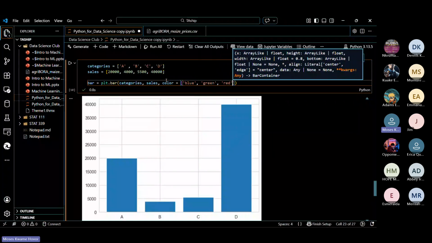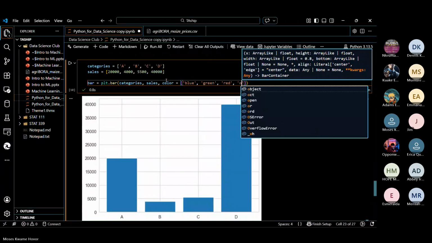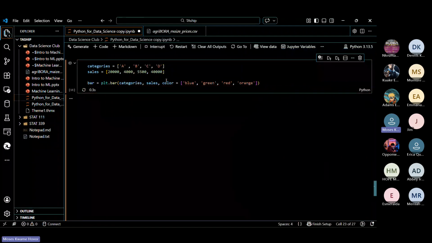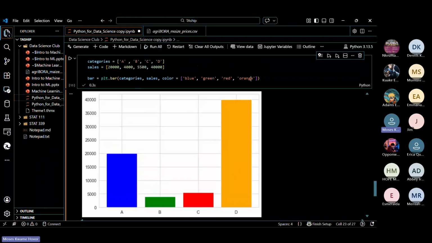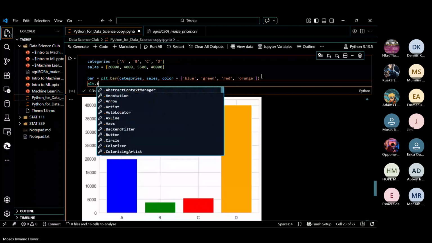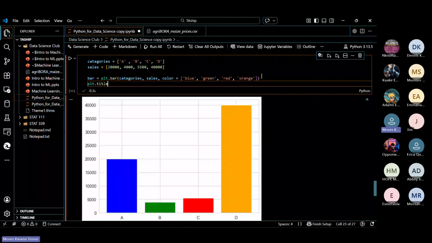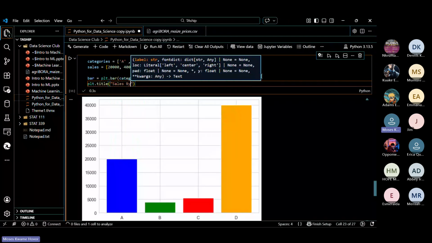There are four, so let me add more. Just by doing this, I give every element its own color. I can go ahead from here and give it a title, plt.title, and call it sales by categories.